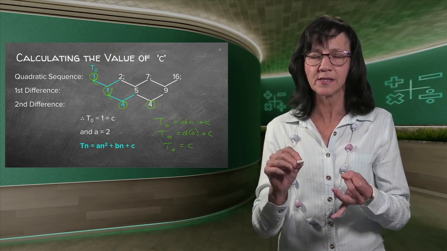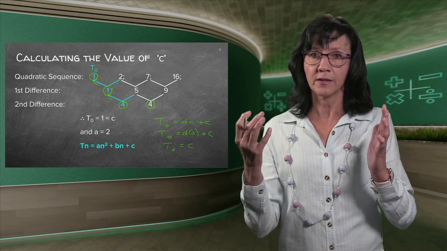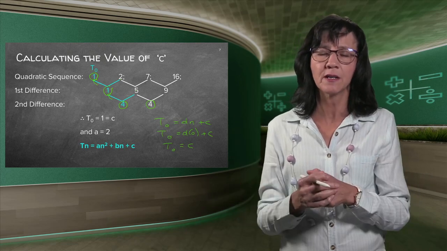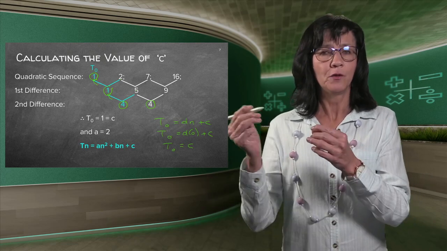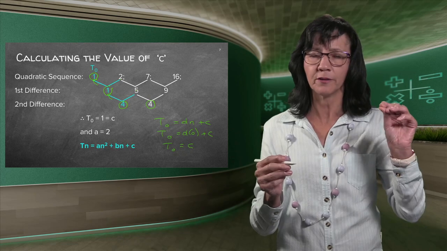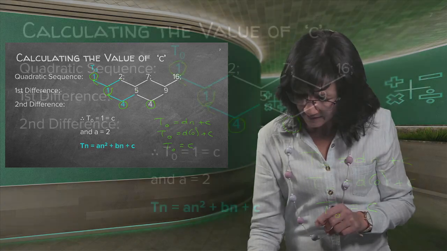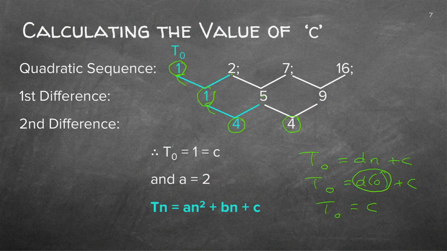So let's just summarize again. How do you find the C? You go back. This is method 1. There's another method as well, which we'll do in the second lesson. But for now, if you want to find C, you can always find term naught in the beginning, and then that T0, because it makes the D 0, because if you multiply by 0, it just disappears. And there's the thing that they wrote there. T0 will always be your constant number. So the minute I find T0, I actually found the C.